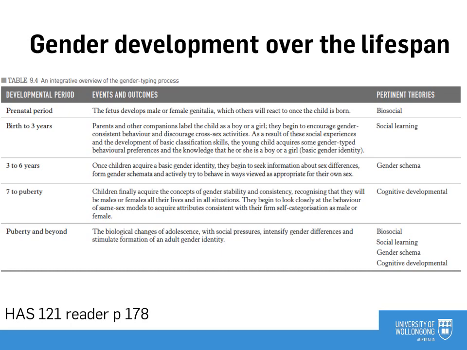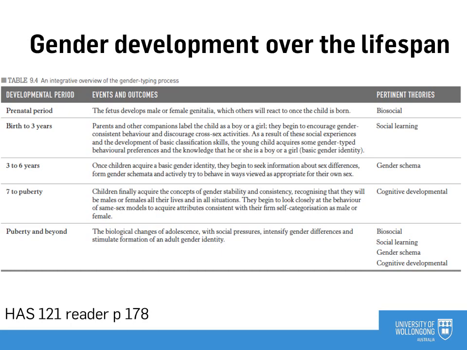So your reading puts these different theories up against the different periods of the lifespan where gender identity is really formed, and suggests that different theories may be better able to explain what happens at different points in gender development. For example, it suggests the biosocial theory, which focuses on nature and how social labeling connects to biological tendencies,